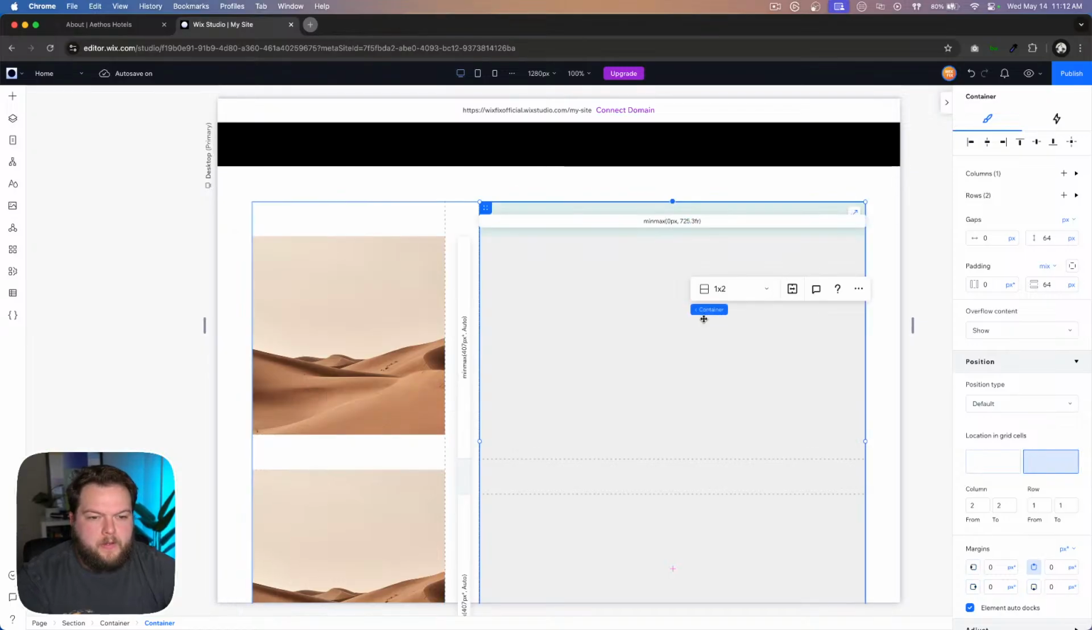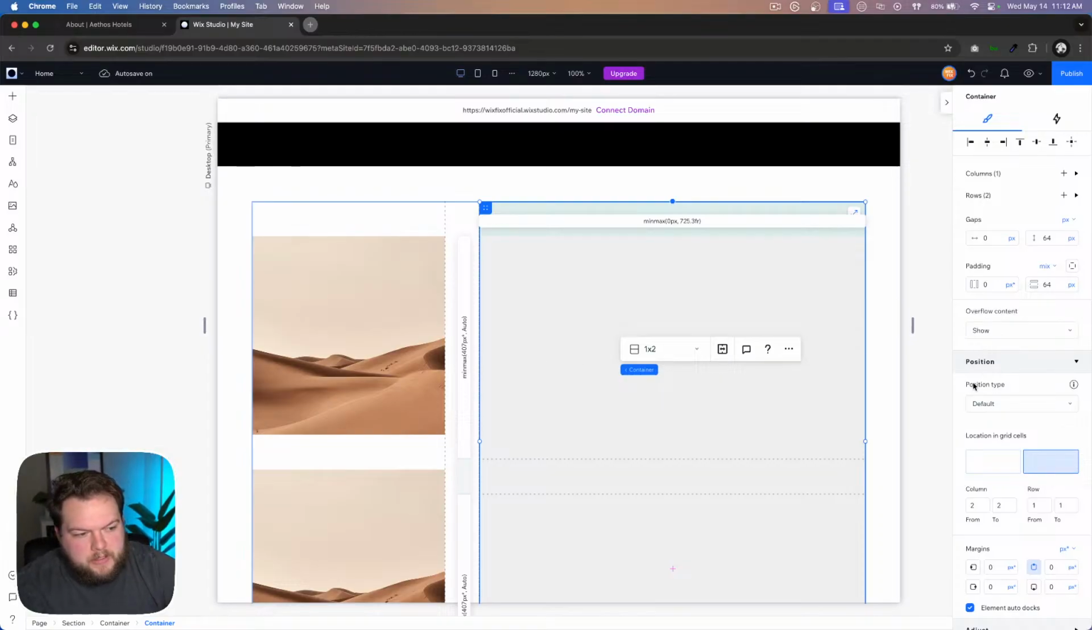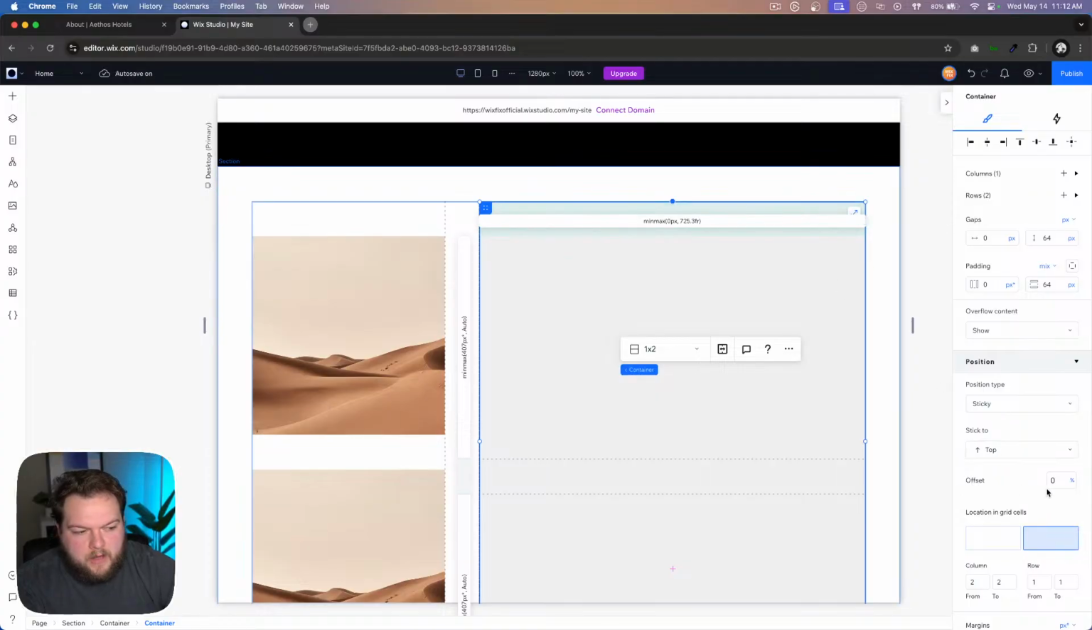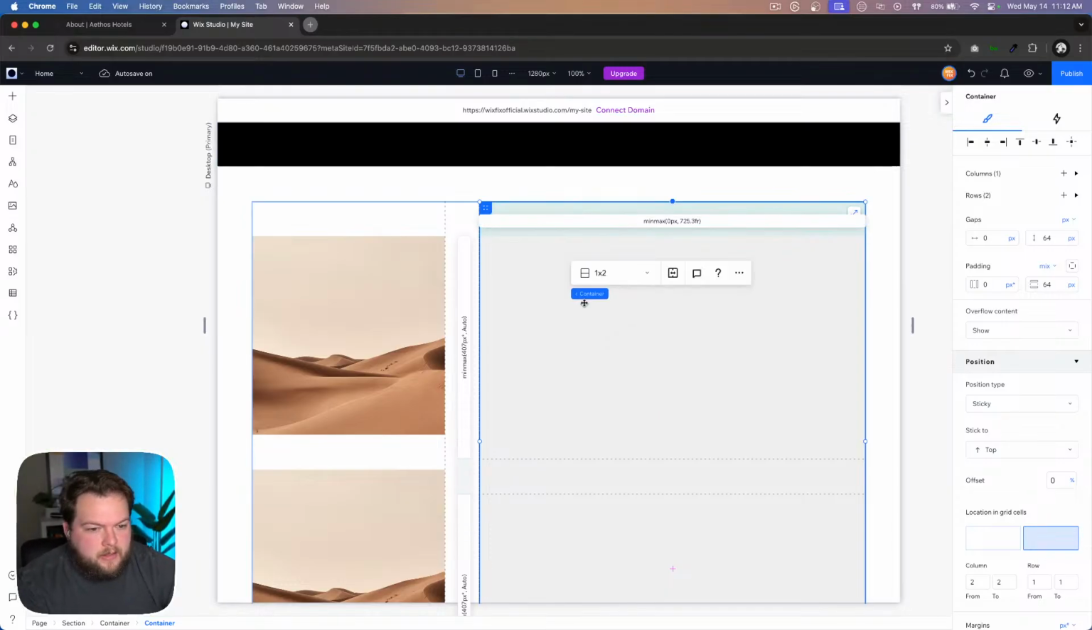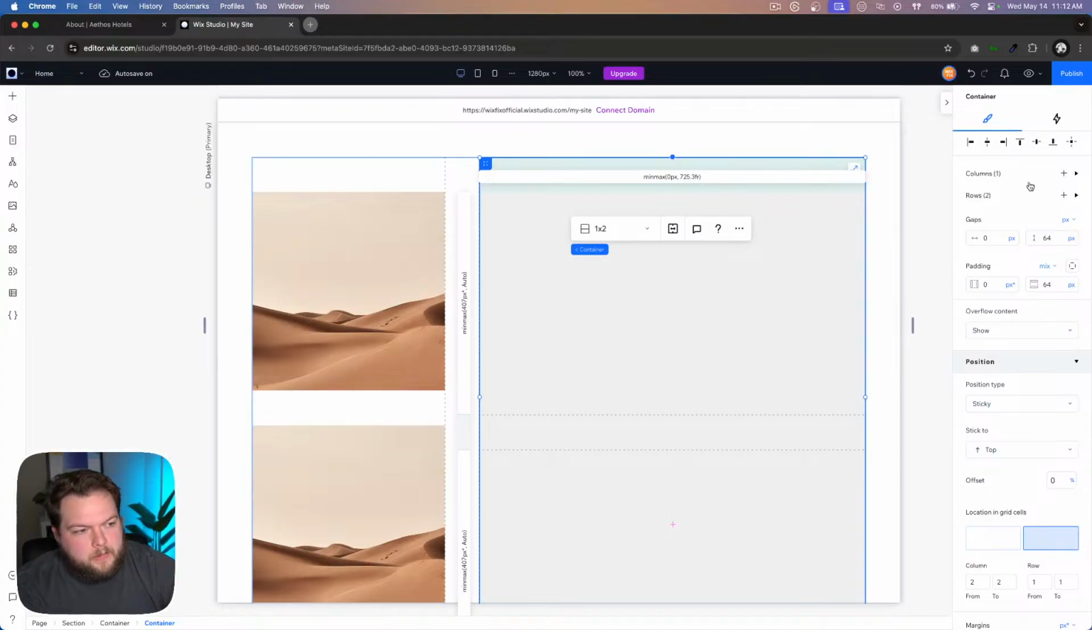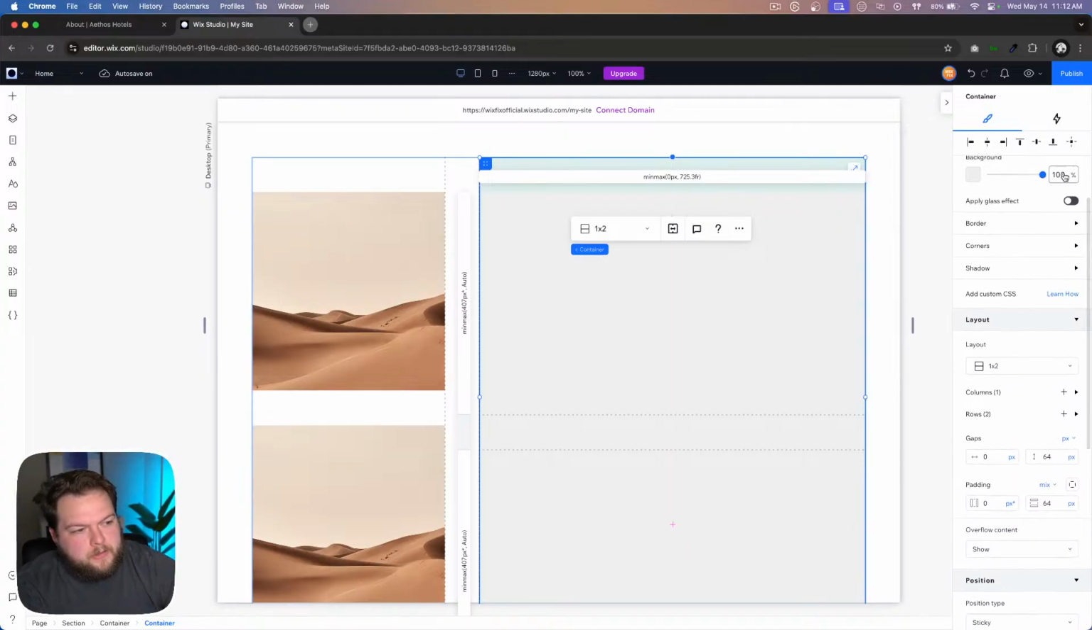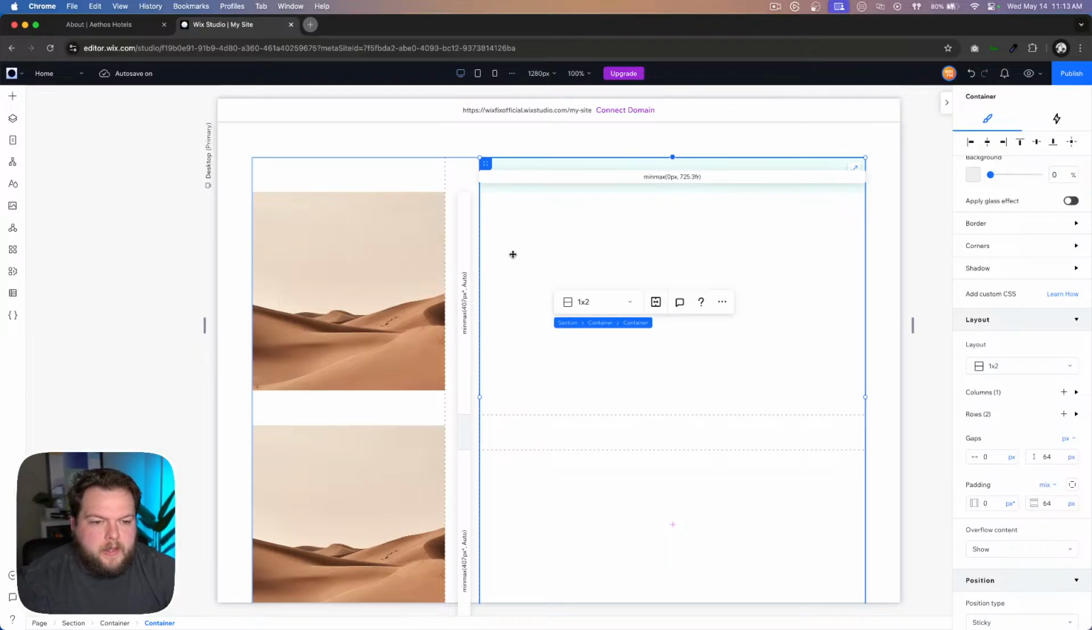Okay, perfect. And what that's going to do is, when we set this container's position type from default to sticky, we can leave the offset set to 0. However, the content is not going to be stuck at the top of our screen, which we don't want. We're always going to have that 64 pixel gap that we set there. Okay, perfect. So the first thing I want to do with this container is just remove the background color. And now we can start building the different